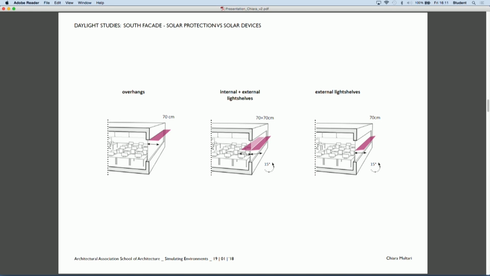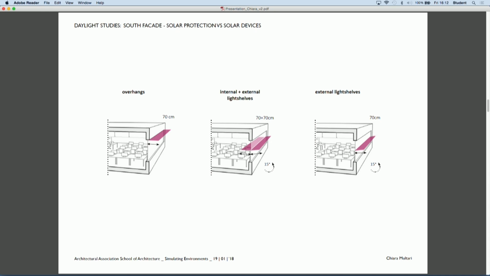Other cycles of daylight simulation were run to optimize the performance on southern orientation, and for this reason overhangs like shading devices were tested.